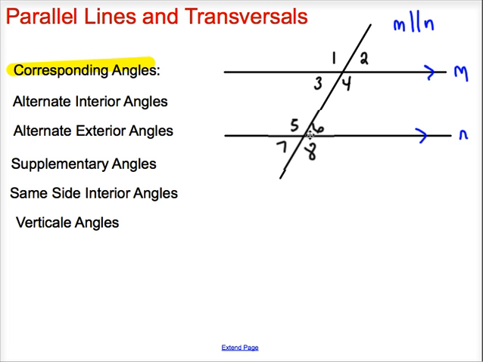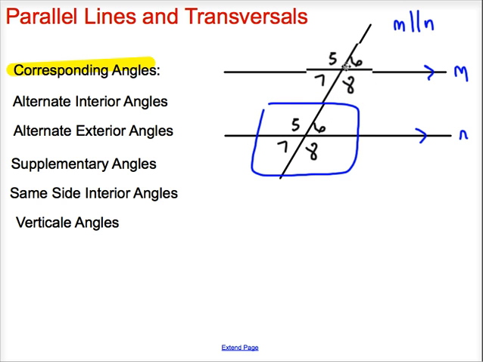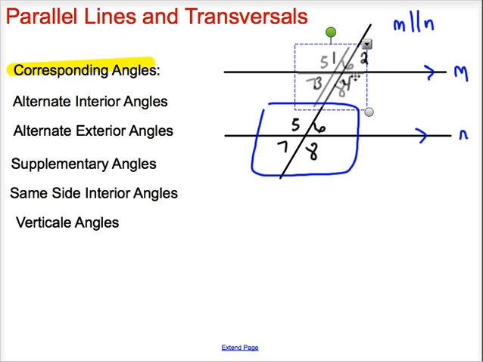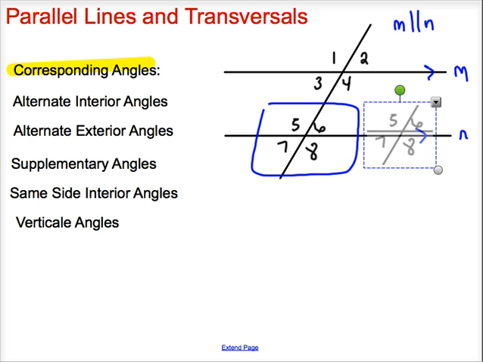So if we remember what we did yesterday, if we took this whole section here and kind of took it apart and kind of pasted it on the top, what would the 5 land on? What would the 7 land on? What would the 8 land on? Okay, so if we look at this, the 5 would land on the 1, the 7 would land on the 3. So the corresponding angles here would be